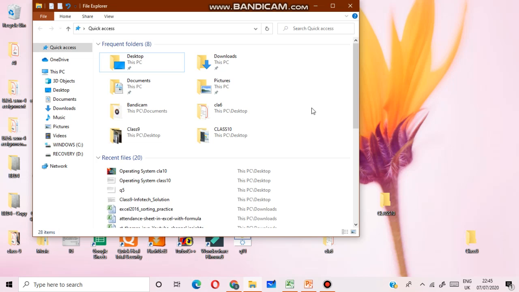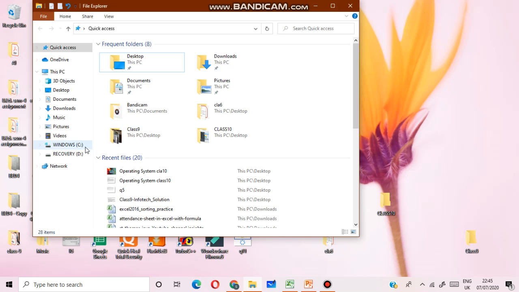Then the Windows Explorer screen is divided into two parts. The left pane displays drives and folders, like C drive, D drive, and the right pane displays the files or folders of the selected drive or folder.